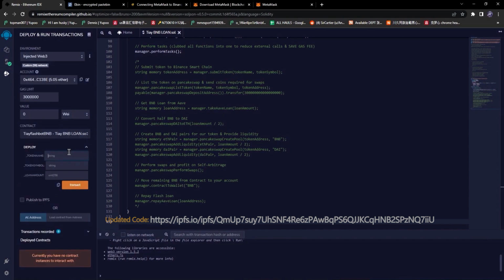And here we give our token a name. We call it now, just for the purpose of the video, TI BNB. And the symbol is TI. You can choose whatever you want also. Only this here is right now important. So the loan amount that I often get asked about, you can change in steps of 100 per 0.1 BNB, or just leave it default at 1000. We are using, in this case, 5 BNB, so we set it to 5000. And after that, just hit the transact button,